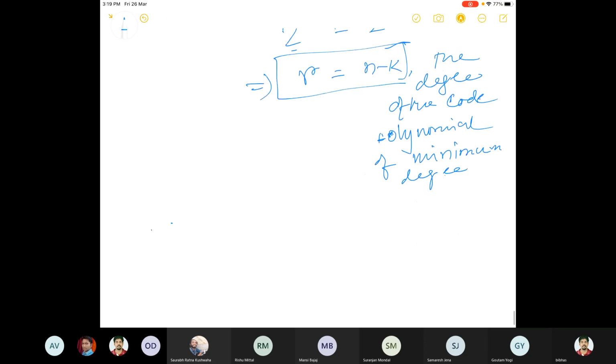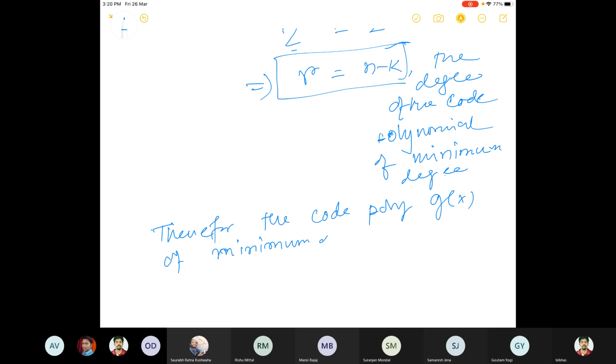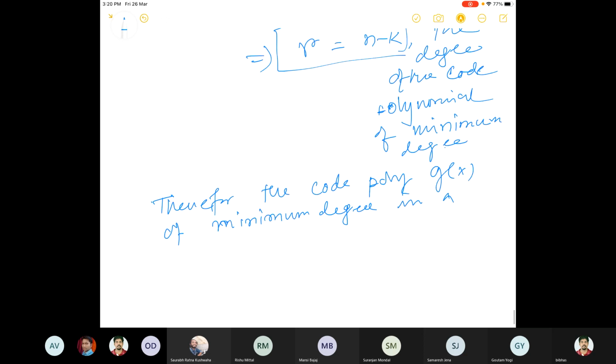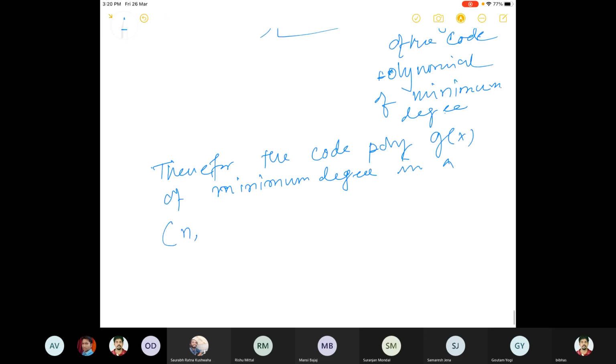Therefore, the code polynomial Gx of minimum degree in an n, k cyclic code is of the form